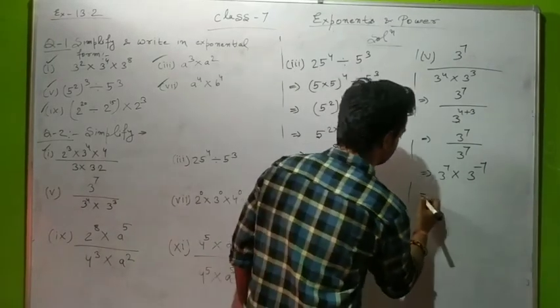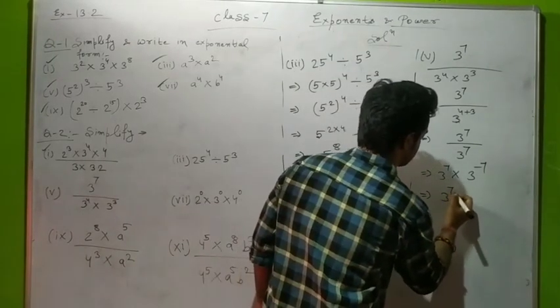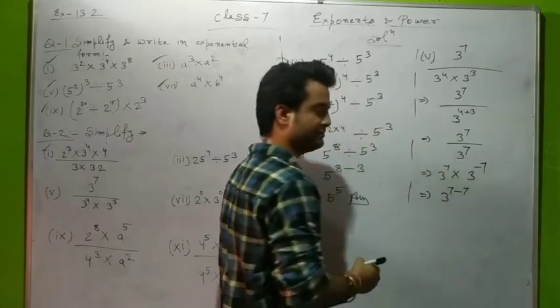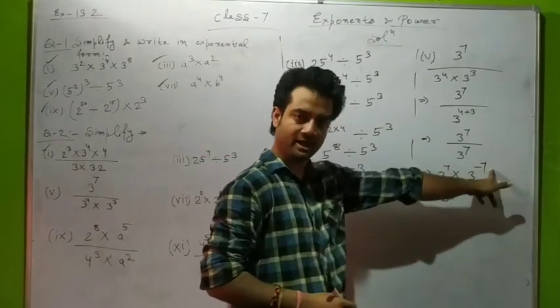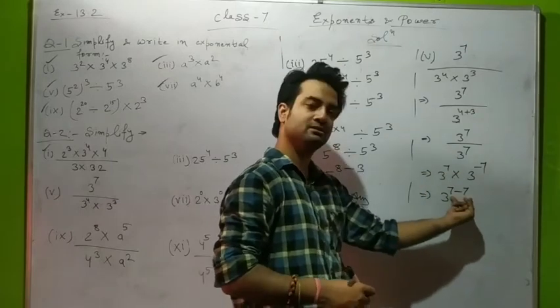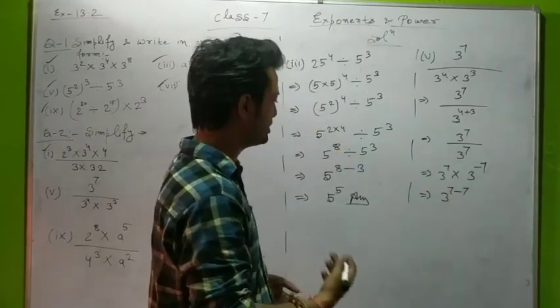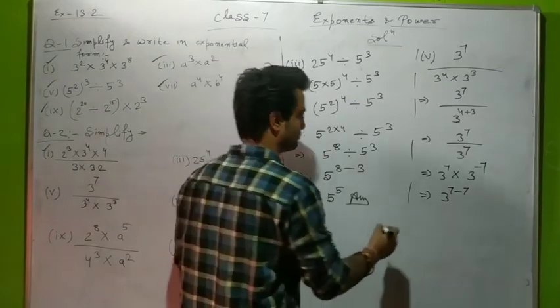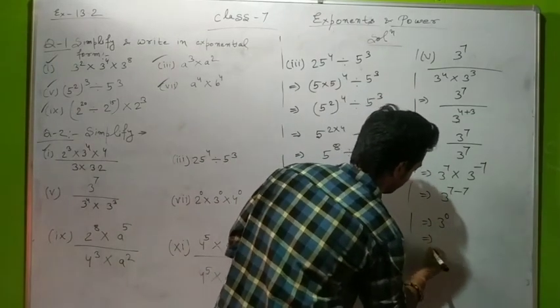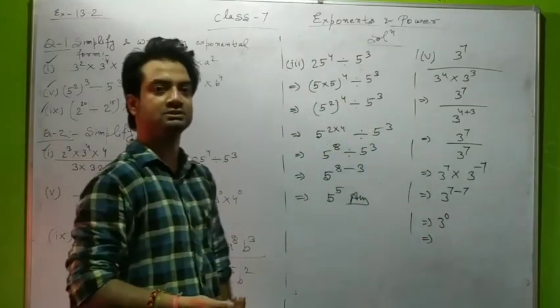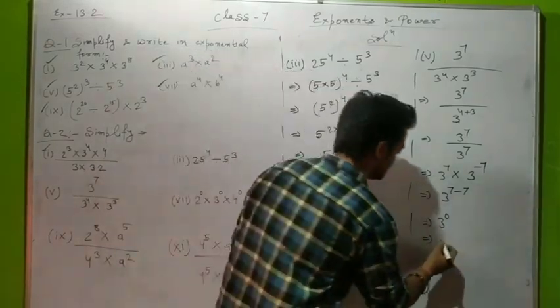Now we will combine 3 raised to the power 7 minus 7. We add them, 7 plus in bracket minus 7 gives 7 minus 7. So you can write directly also. Now it becomes what? 3 raised to the power 0. We know that any number raised to the power 0 is 1. So our answer is